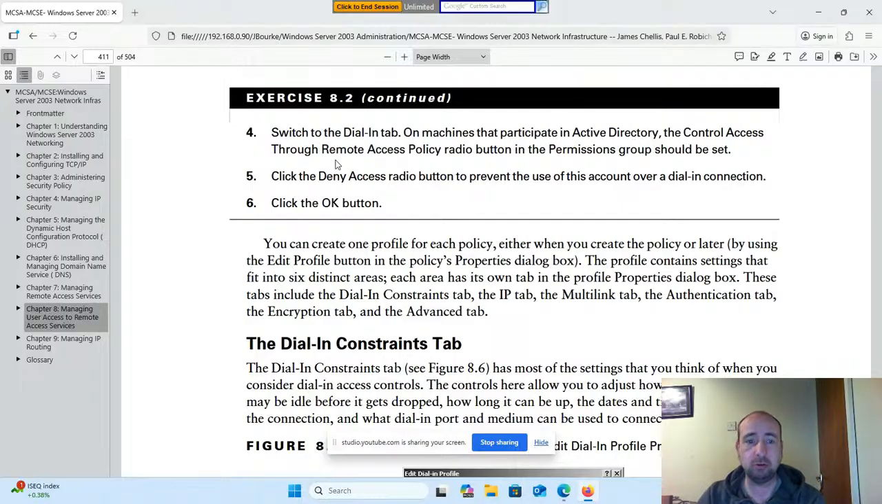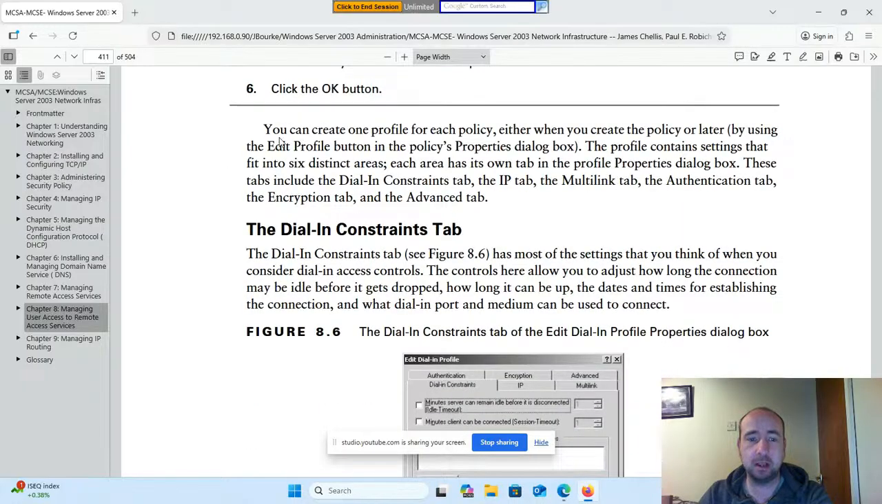The Control access through Remote Access Policy radio button in the Permissions group should be set. 5. Click the Deny radio button to prevent the use of this account over a dialing connection. 6. Click OK. You can create one profile for each policy, either when you create the policy or later by